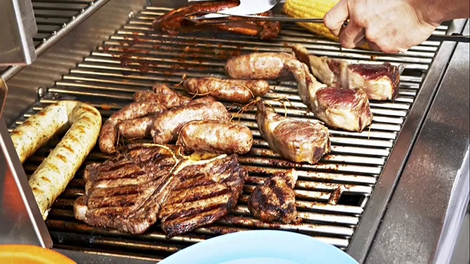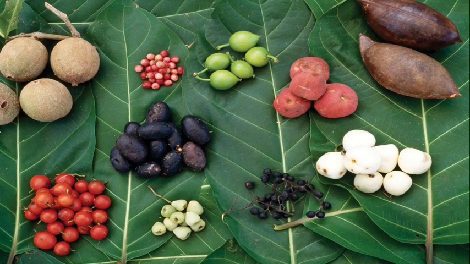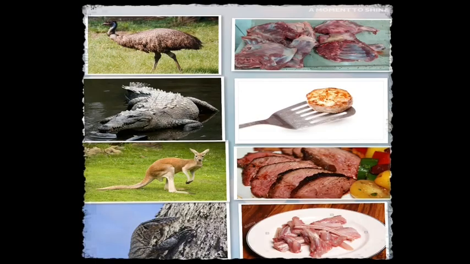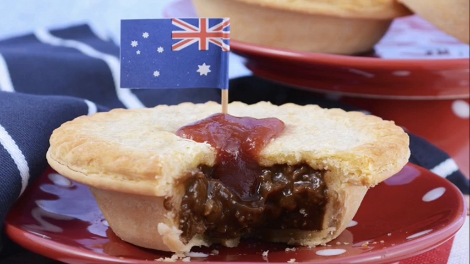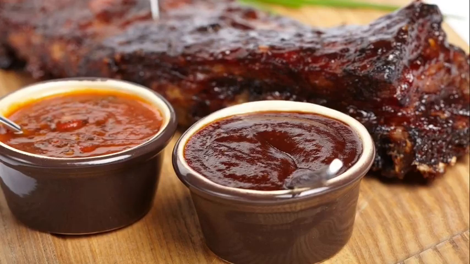It is very typical for Australians to get together on weekends or after work to taste lamb sausages, fish, or shrimp roasted on a grill. Bush food is something very characteristic of Australia. It is meats and wild fruits known for the Aboriginal culture that have become very popular in recent years. Exotic meats such as kangaroo, emu, crocodile, and guru are found on sale. In addition to these dishes, there are many others common throughout the country, such as meat pies and barbecue sauce.